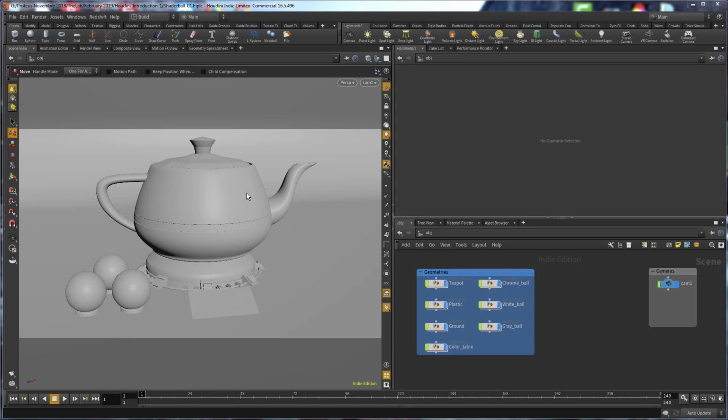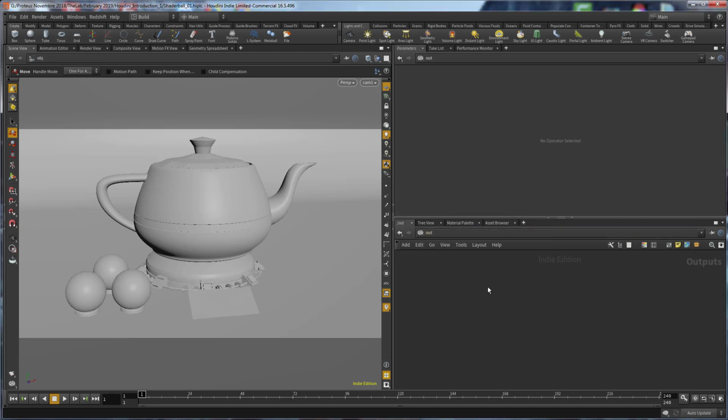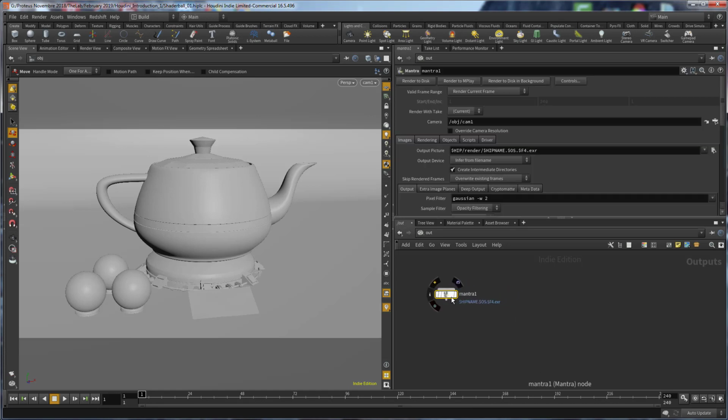So to render something, it seems a complex stuff because it is not possible to render the scene without a render output. So, inside the networks, we have output, and there you have to put the output, so the rendering engine you have to use. Using the right mouse button, now we have render, and you see that we have, for example, Mantra. That's the internal rendering engine from Side Effects, and we have, for example, Redshift. So let's put Mantra there. Okay, nice. We have all the settings for Mantra actually,